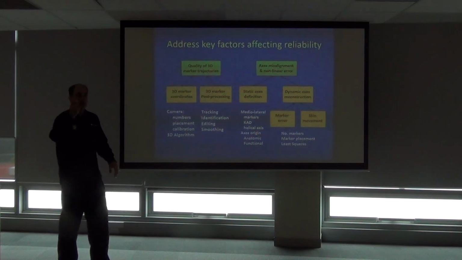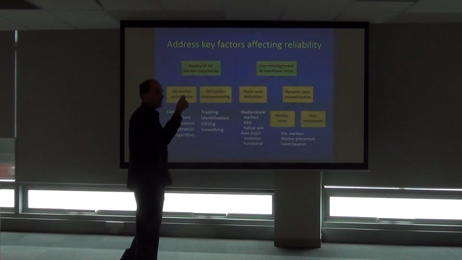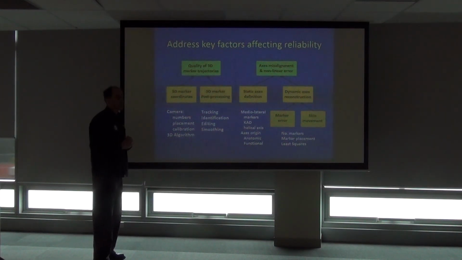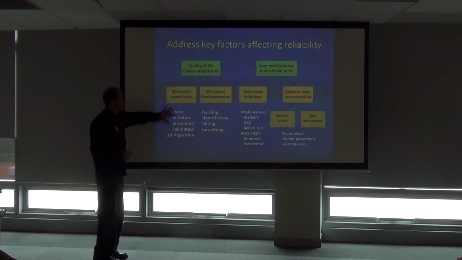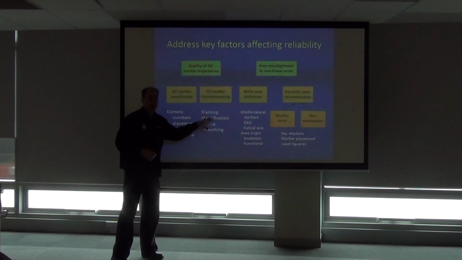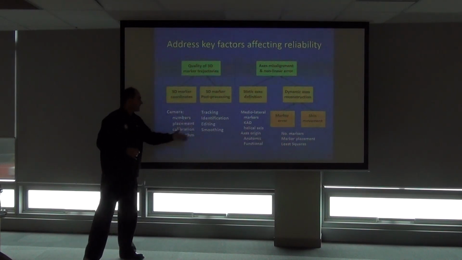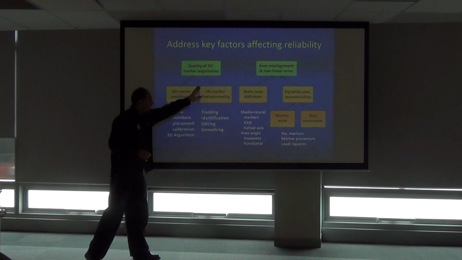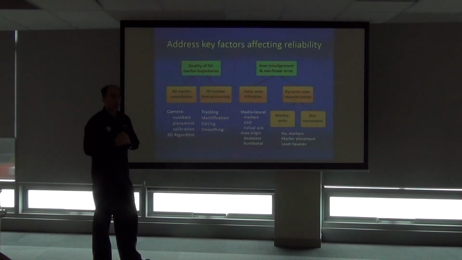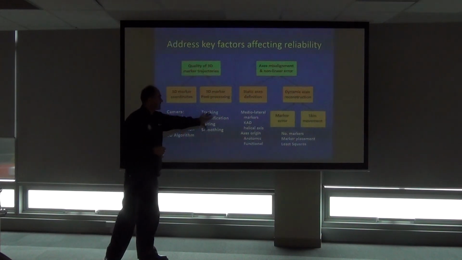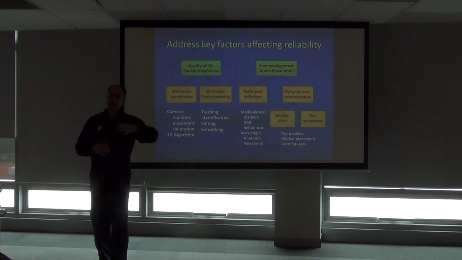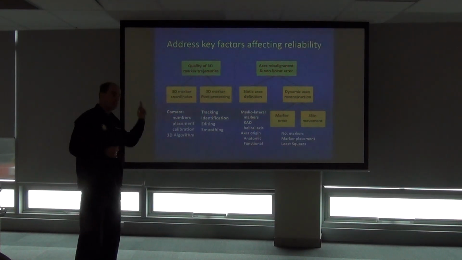This, with modern systems, should be pretty good. The ability of a modern camera system to reconstruct a marker is pretty good. But the errors are going to come in here, post-processing. So of this, the post-processing is the bigger factor. The tracking, the identification, the editing, the smoothing, everything you're doing with your data comes into that quality of your 3D data. This stuff needs to be taken a very close look at, especially if you've seen these studies. Remember back to the literature review,